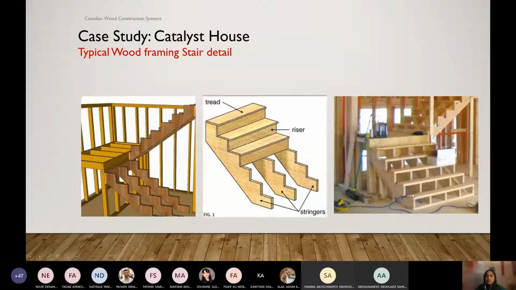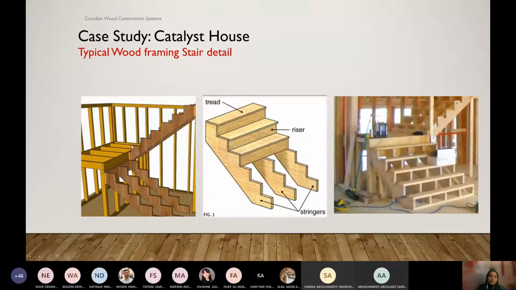But we first do the common way: we measure the height from this floor to the top of the next floor. And then we do the calculation of how many steps we require. We also need to follow our building code, what it permits, like the maximum and minimum height of each step or the width of each step. Considering that, we create 1 flight of staircase outside, and then we install it here inside.